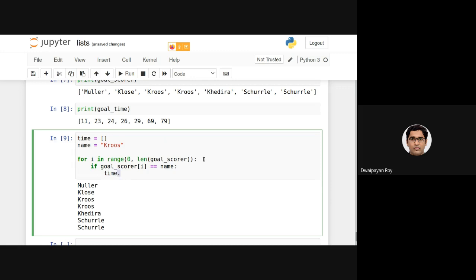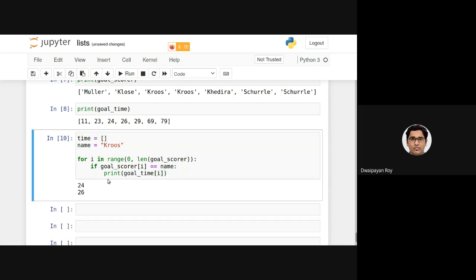So basically, if I just print the goal time, now this will be printing the corresponding times, right? As you can see, Cruz had scored in the 24th and 26th minute.